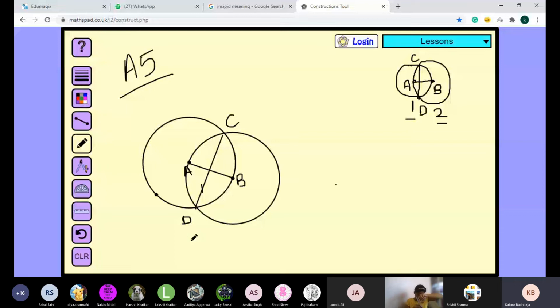Okay, lastly it is given: examine whether AB and CD are perpendicular. So all of you write down yes, AB is perpendicular to CD, and on AB you can see a line segment is made. All of you now know the symbol of perpendicular. This is the symbol, so write down this expression.